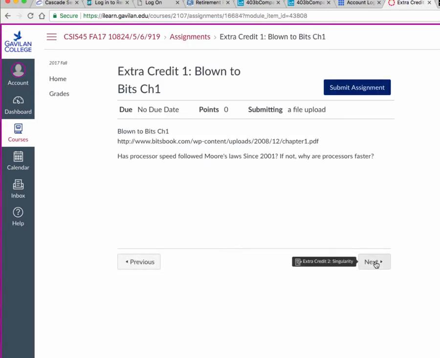So this is the first one. There's a book in PDF that you can get for free, and it's talking about Moore's Law, and asks: has processor speed followed Moore's Law since 2001? If not, why are processors faster? So first of all, do you know what Moore's Law is? What's the increase in